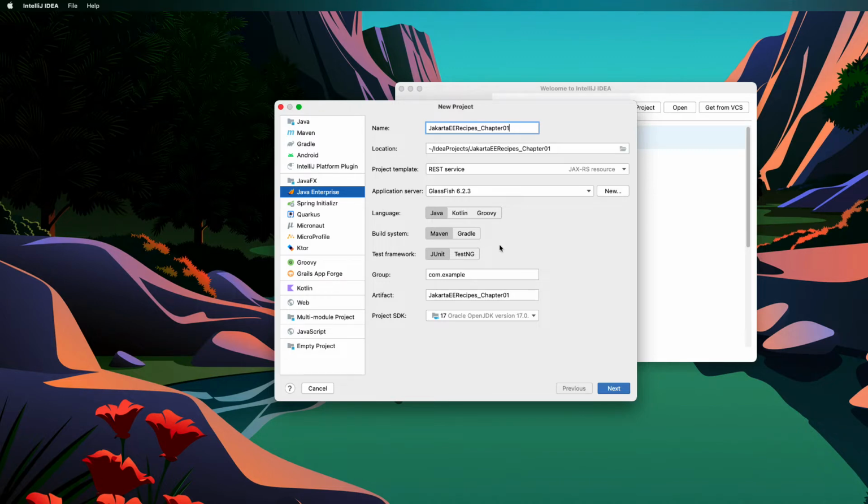This is the name of my new project. Its directory structure is shown here, the location. Then the project template. I'll choose the web applications because I have to use servlet. So it will give me servlet, then web.xml and index.jsp. Next, I'll choose my application server, which is Glassfish